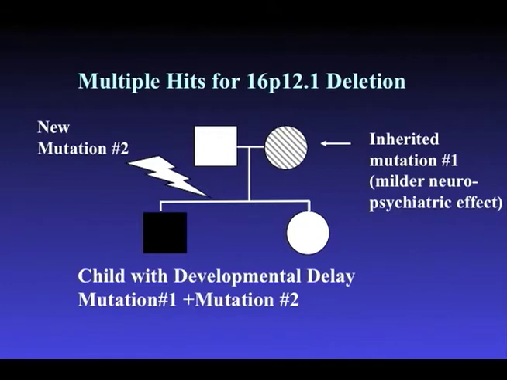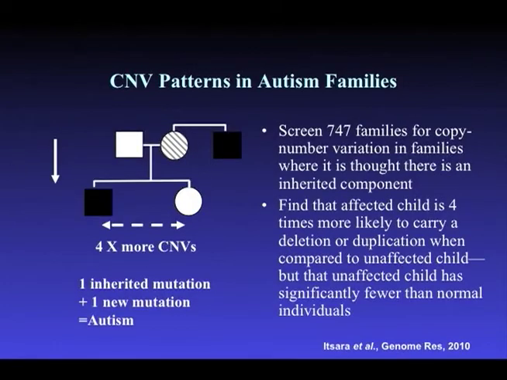Is there any other evidence for this? Well, we did what was kind of not an obvious experiment. It was the idea that my student and I had. We sat down, we said, well, if this is a general model, maybe what we should do is go back to all those cases where people thought there's going to be an inherited component. So go back to those families where there's a family history of autism. So here's an example of that pedigree.